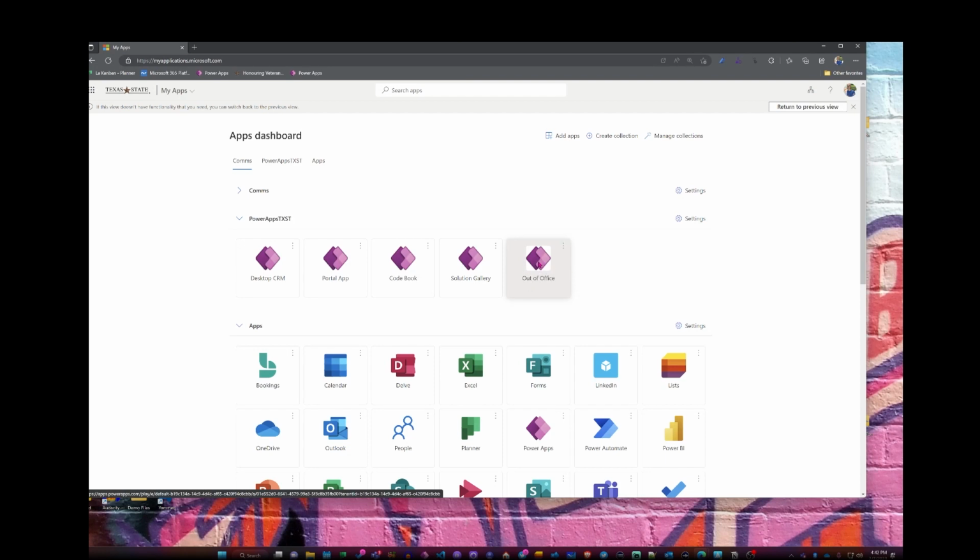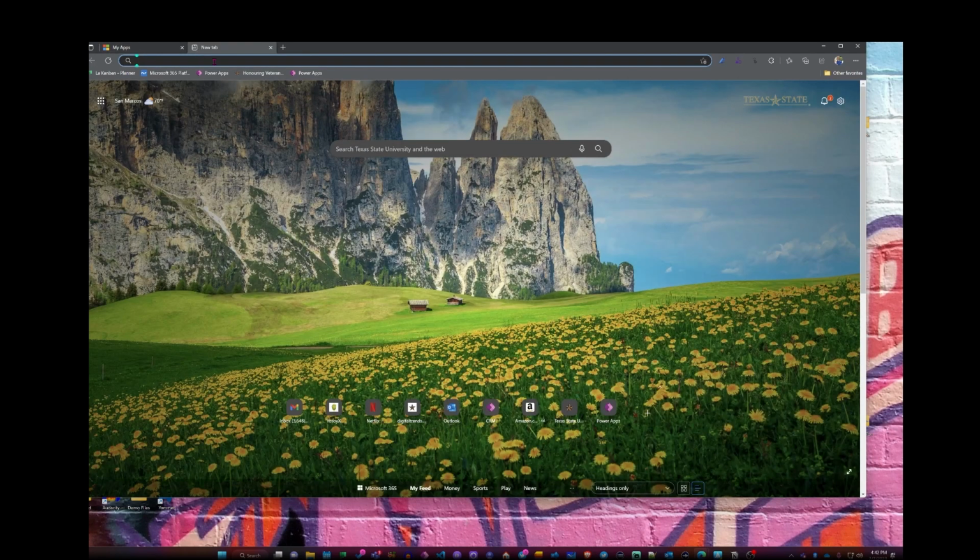So for example, the Out of Office app, which is one you create from a template, I found it here. So let's take a look at how you add a Power Apps shortcut. This is really the golden piece for it, right? So I'm going to go first to